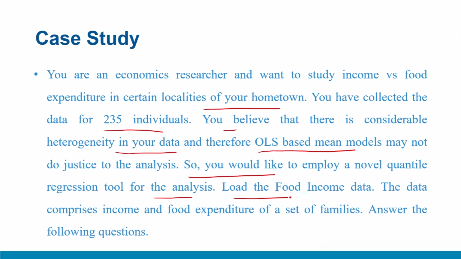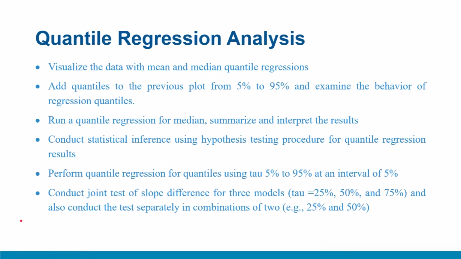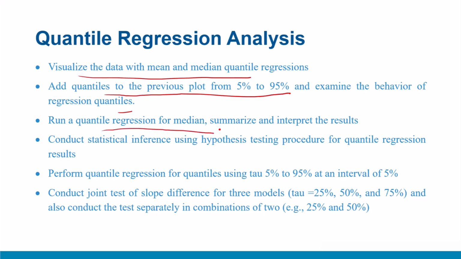Now, start by loading the food income data. The data comprises income and food expenditure for a set of families. And then we need to do the following analysis. These are the analysis points. First, you need to visualize the data with mean and median quantile regressions. Then you have to, on the same plot, add quantiles from 5 to 95 percentile and examine the behavior of these regression quantiles. Then run a quantile regression function for median, summarize and interpret the results, conduct statistical inference using